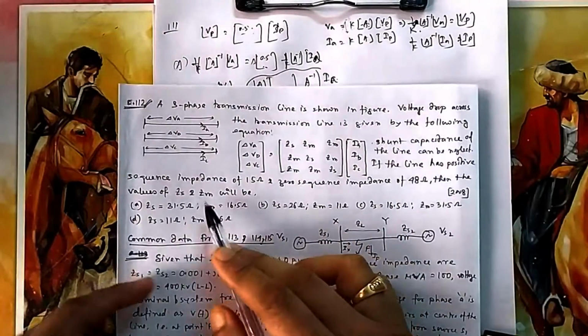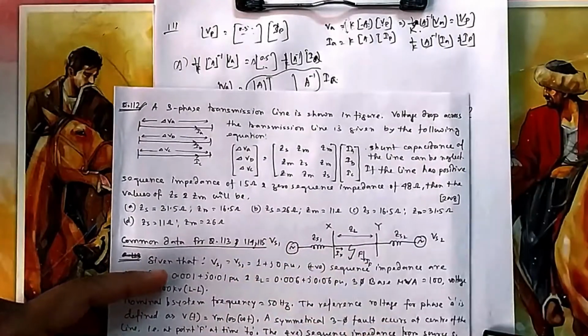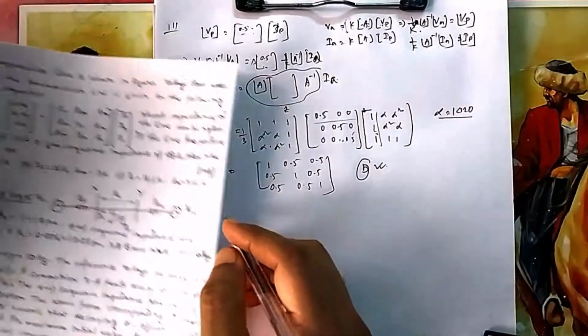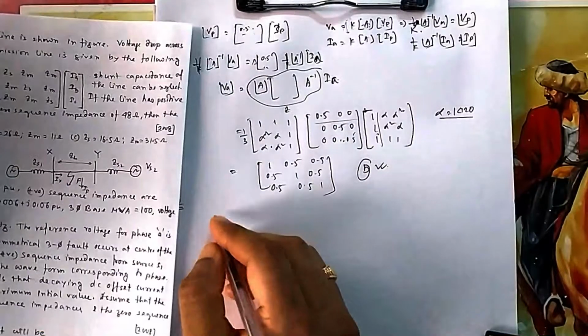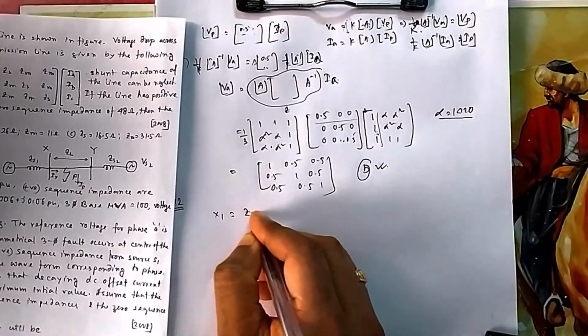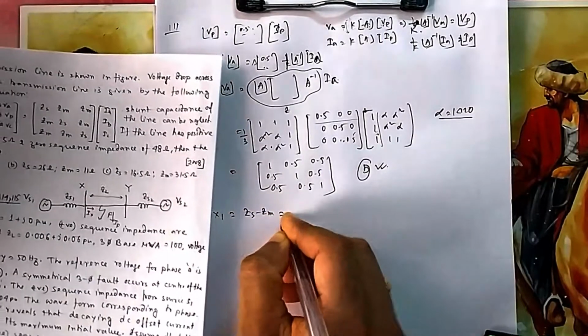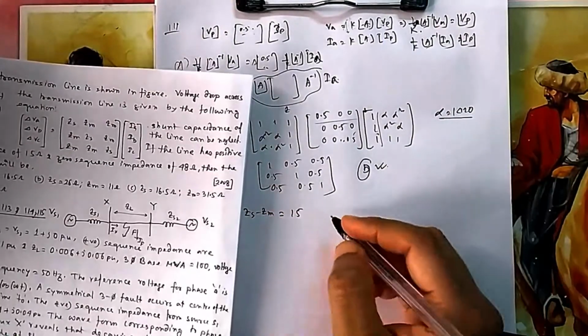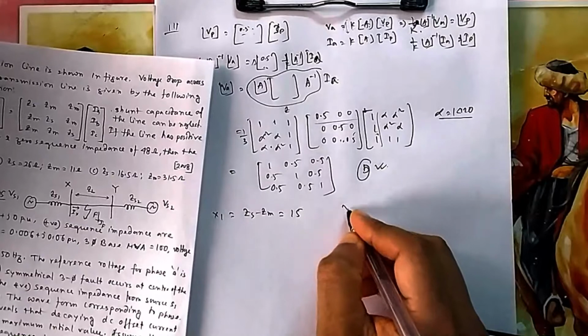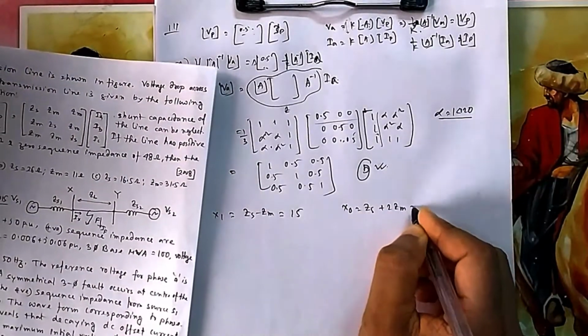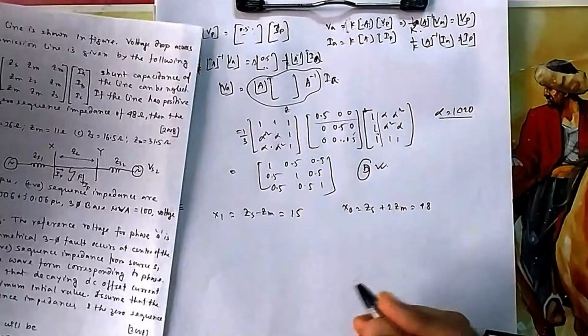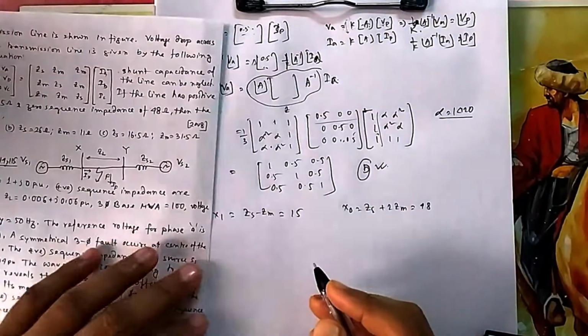Now you know all this formula. What is the positive sequence formula of this line? If you have a line with self-impedance and mutual impedance, then Z1 is equal to ZS minus ZM, which is given as 15 because it is positive sequence, and for zero sequence, Z0 is equal to ZS plus 2ZM. So these are the standard formulas of a transmission line. These two are given to you. I think you can easily do it.